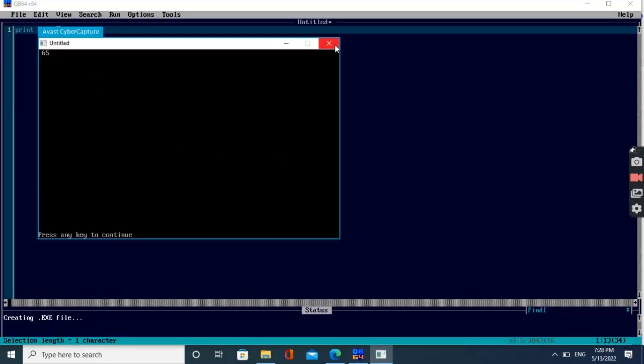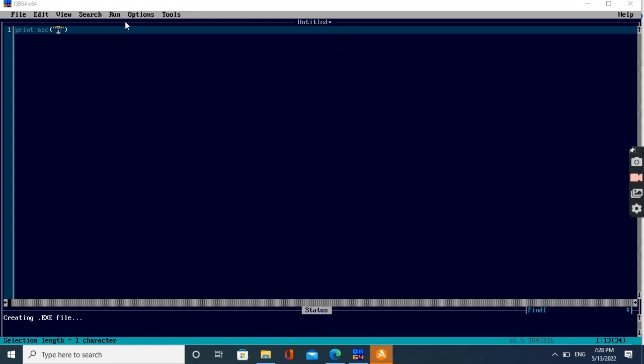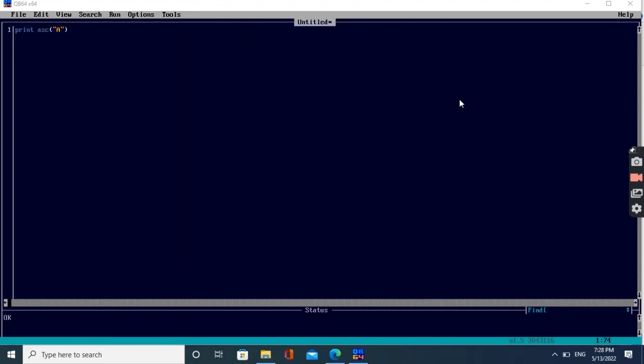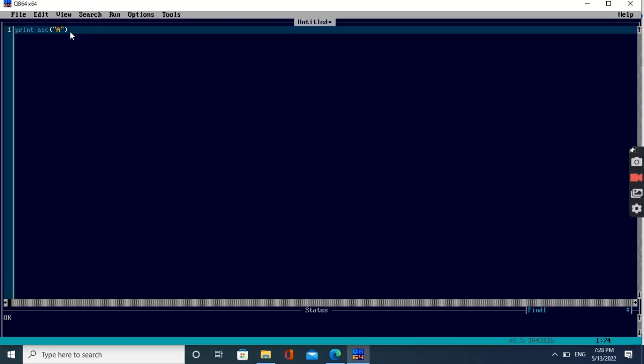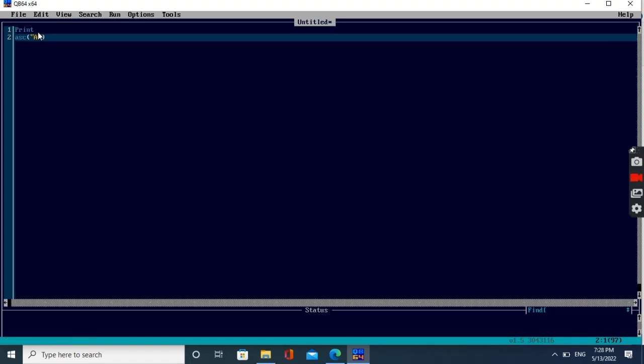So 65 has been printed. So we know the ASCII value of capital A is 65. So what we can do, we can use the keyword